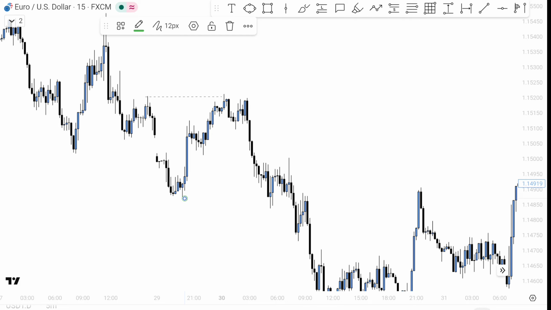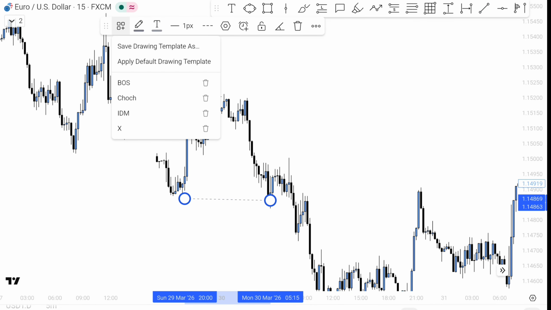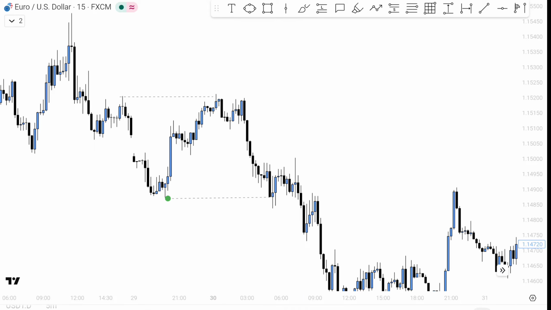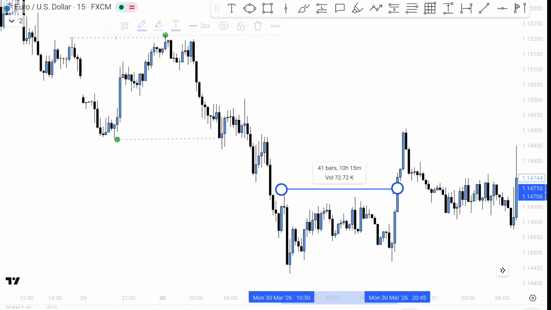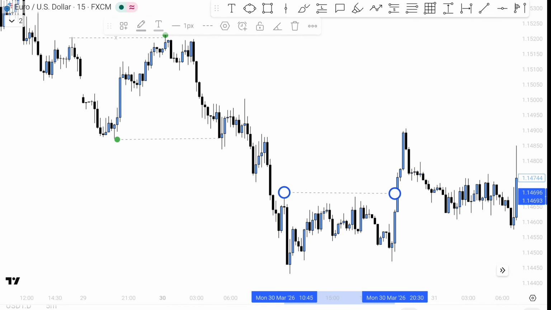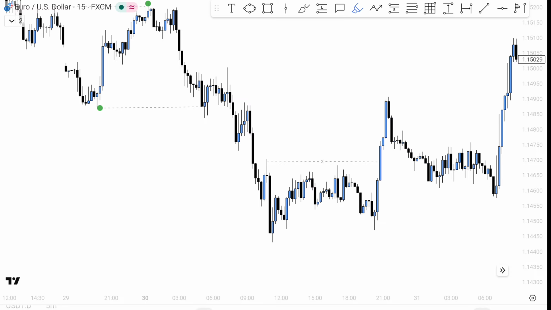Now after confirmation of the lower low, the market broke the same lower low at this point. This is the break of structure, and the highest point becomes our new lower high, which is at this point. Now again the market moves to the downside and again broke the first pullback, which is at this point. Sorry, this was the first pullback. The market broke it to the upside, so our lower low confirms, which is at this point.